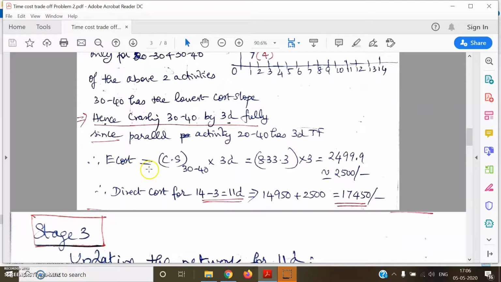The extra cost incurred is the cost slope of 30-40 multiplied by 3 days, which is 833.3 multiplied by 3, roughly 2500 rupees. Therefore, the direct cost now is for 14 minus 3 days: the original 14 minus the 3 days of crashing we have done, so it is 11 days. It comes out to be the direct cost for 14 days plus 3 days of crashing, which